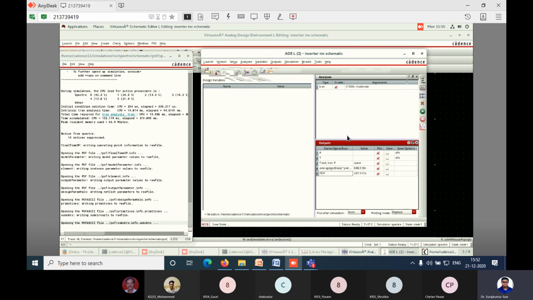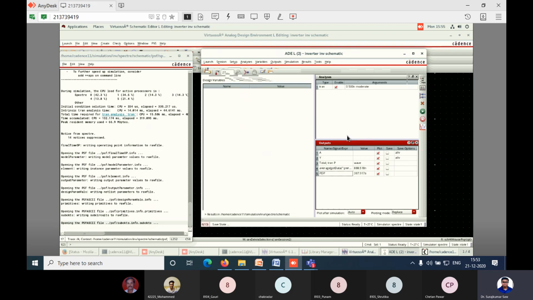Tomorrow morning we will connect again for 1 hour. We will provide you a practice session. In that practice session, you have to go for designing of a NAND gate, or you can take any gate like NAND, NOR, XOR, AND, whatever you want to design. I would rather suggest going for the NAND gate design. You just draw the transistor level design of the NAND gate, and you can draw it here in the Cadence tools.